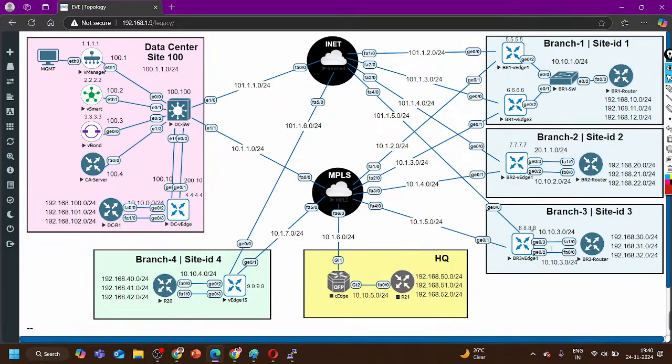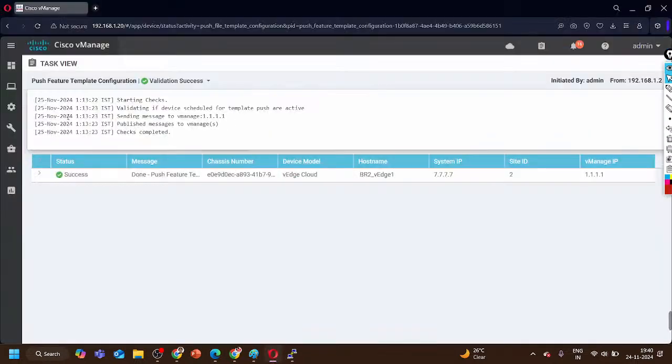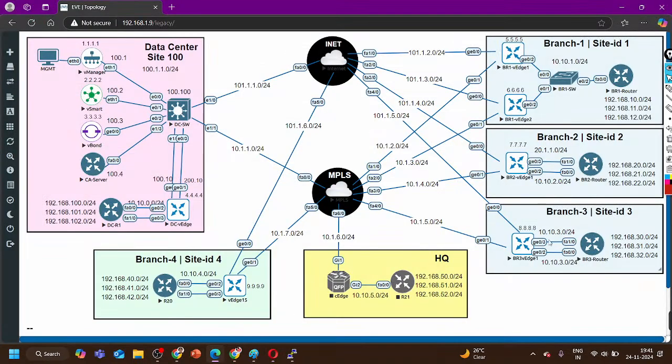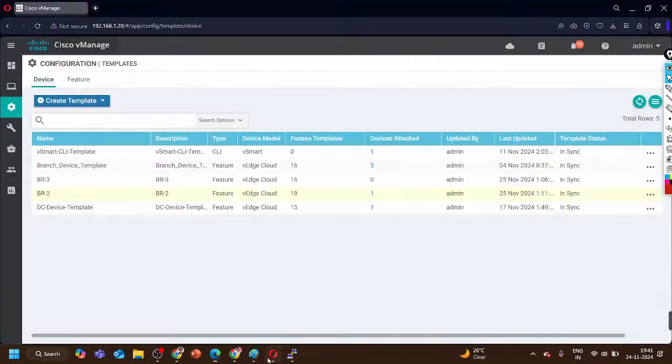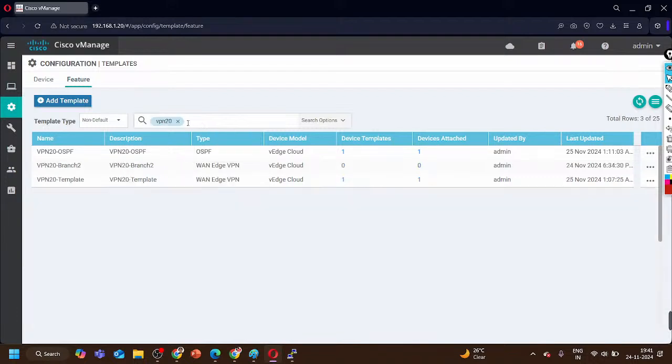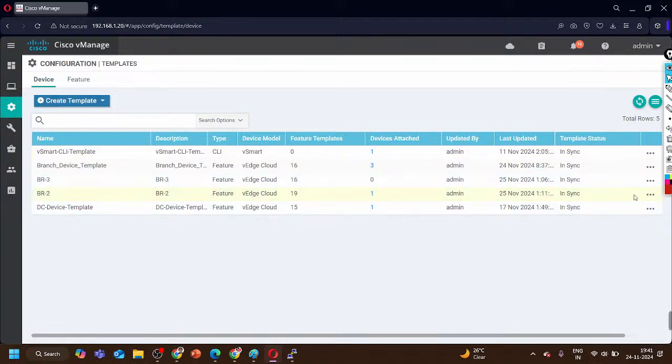Now for site 3 also we can configure VPN 20. Let me configure it quickly. Again go to templates. I already have a template, and I am going to use the same template here, but one thing is different, that is the IP address on the G0/3 interface. So let me check the VPN 20 template here, VPN 20 OSPF. Here it is. Just click on edit,